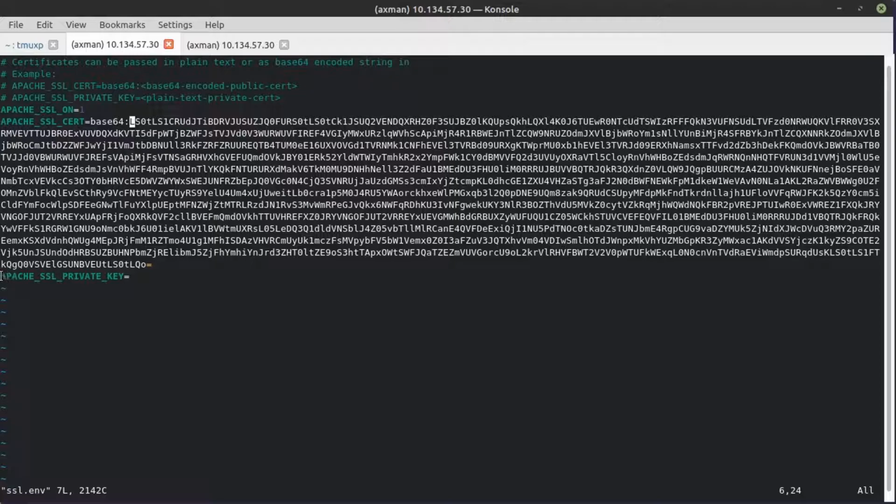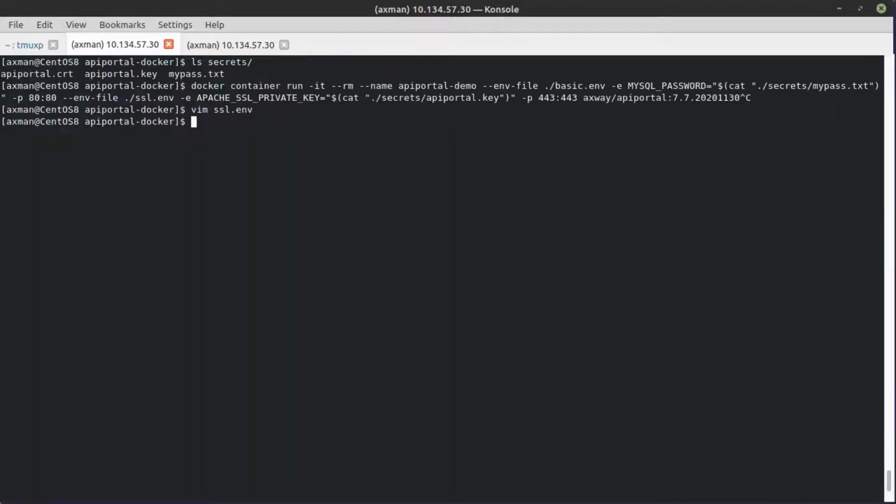Another thing, I left the Apache SSL private key empty. This private key is not here because, again, I don't want it to be shown here. It's right here in the secrets, and I can load it in the same manner I did with the MySQL password. I can load it by catting the file with this private key. So again, this command,